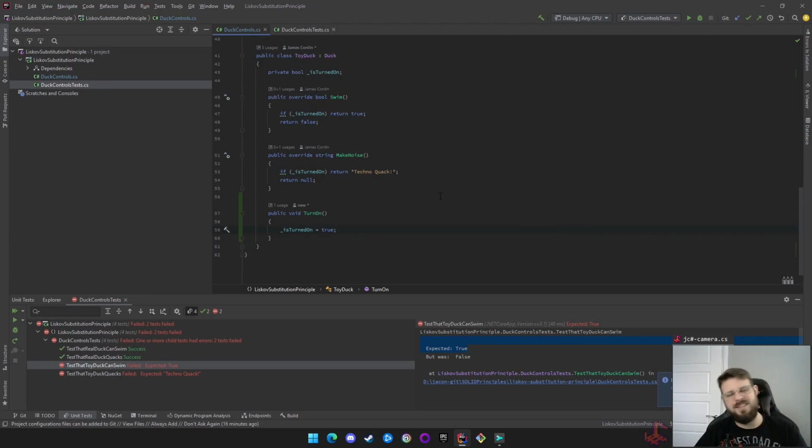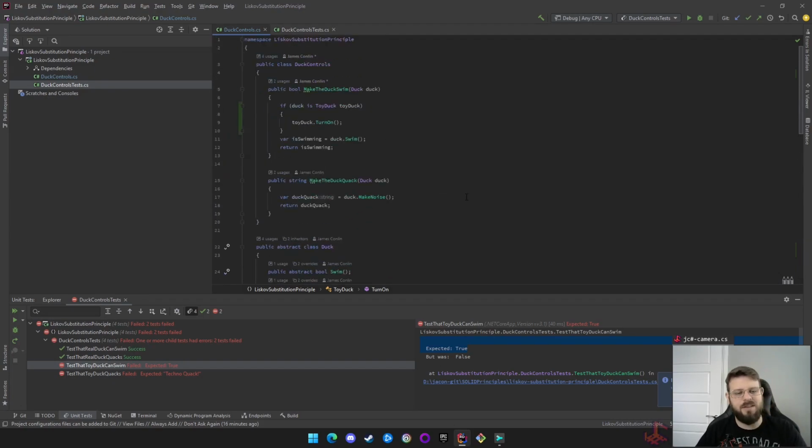And what that means is that it's still not really behaving as the parent class is expecting. The fact that we've had to add this extra method in there that isn't part of the inheritance of the base class isn't necessarily a bad thing, but it's also not the best practice. And what that means as well is that anywhere where we're checking and doing anything with a base class of duck, we'll have to do this typecasting, we'll have to do this checking because the toy duck behaves differently. So if we run this test now,